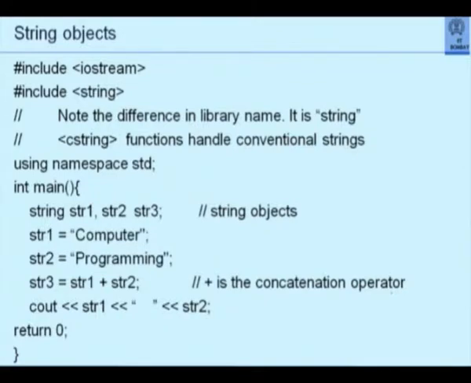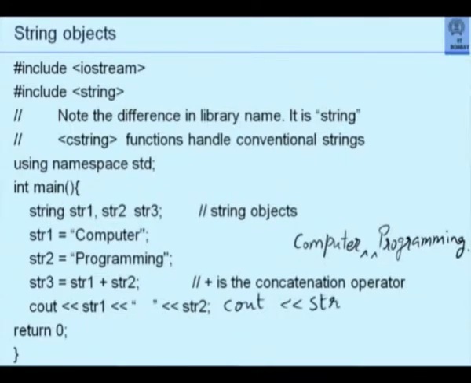Yes, this will produce on the output "computer", blank, blank, "programming", right? Suppose I say cout str3, what will I get?